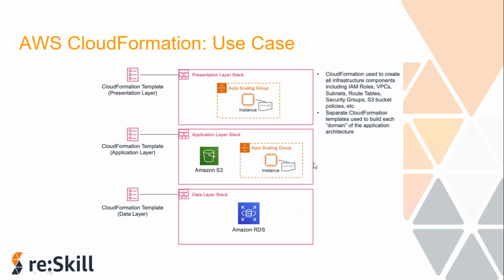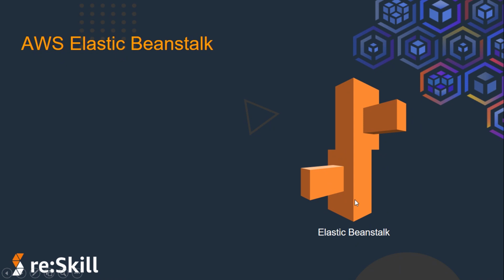Now let's move to another deployment option that we have here, that is Elastic Beanstalk. It's an easy to use service for deploying and scaling web applications and services developed with various technologies such as Java, .NET, PHP, Node.js, Python, etc. With Elastic Beanstalk, you can quickly deploy and manage applications in the AWS cloud without having to learn about the infrastructure that runs those applications, because this comes under the category of platform as a service. That means everything regarding the infrastructure will be taken care of by the service itself.